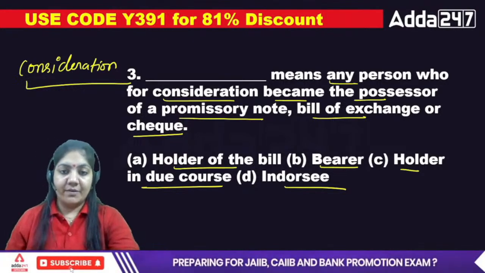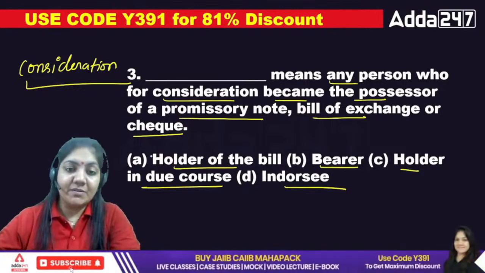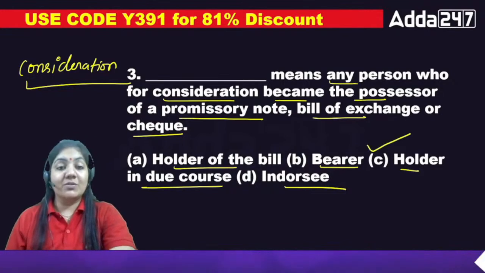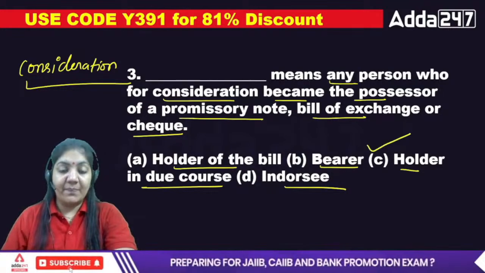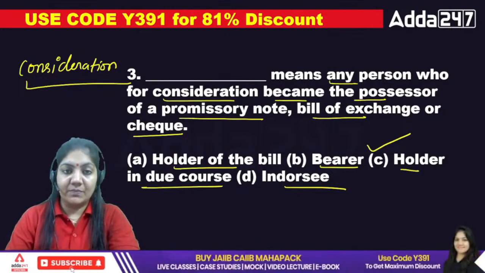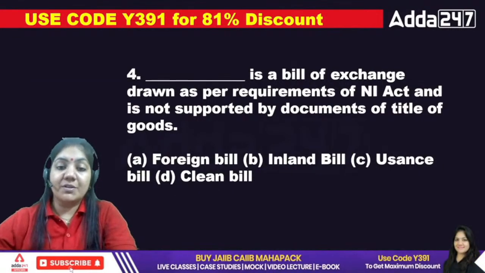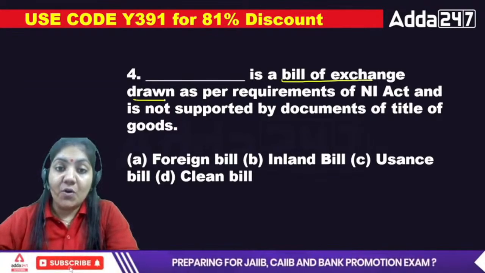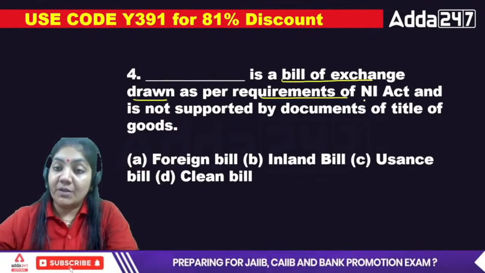So here the answer is very simple. If the word consideration is there, the exact answer is holder in due course. Okay, it's a holder in due course. Okay, cool. Next, the fourth question is dash is a bill of exchange drawn as per requirement of the Negotiable Instrument